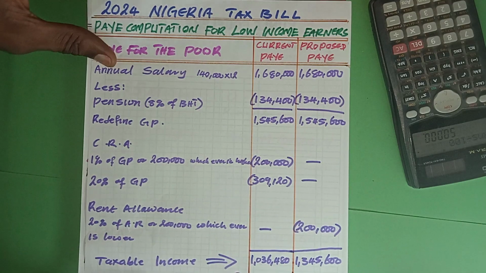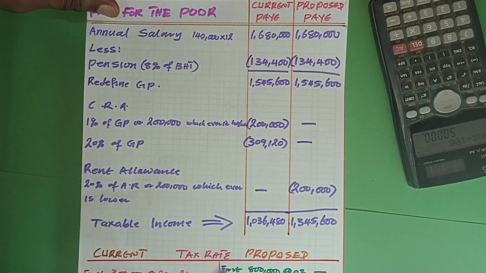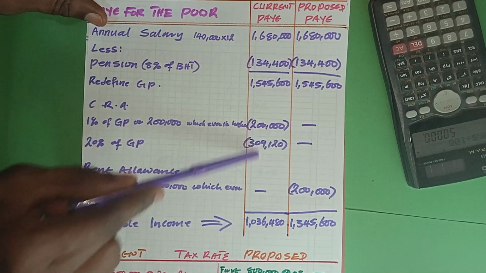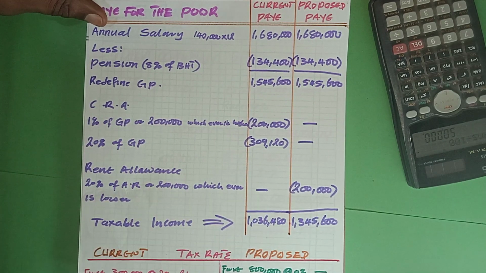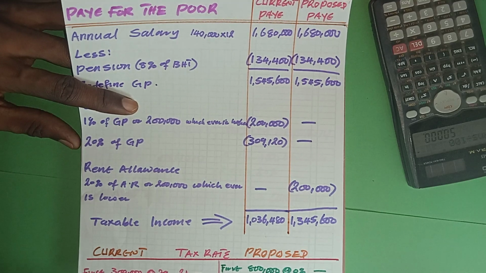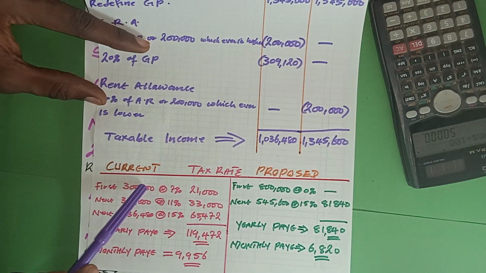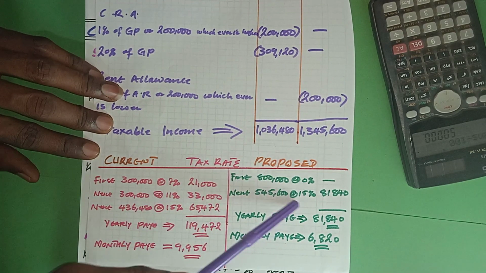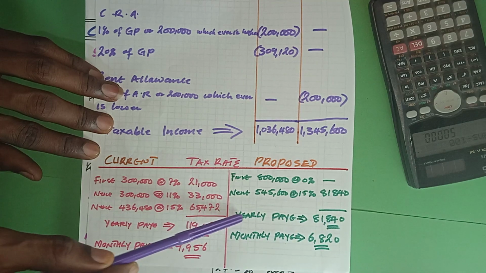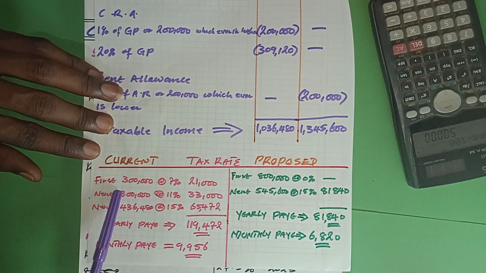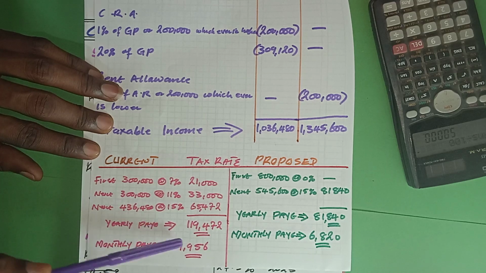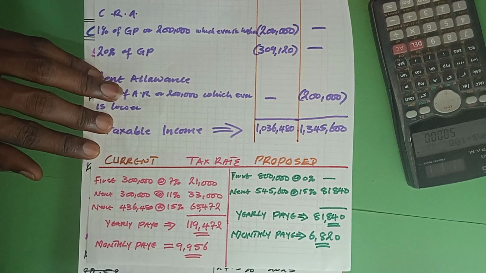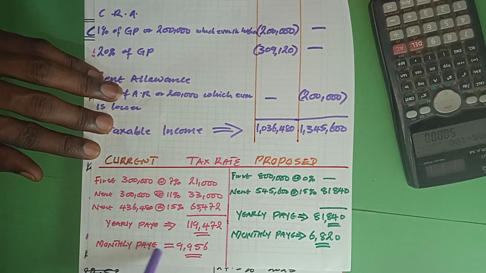Good. Then after everything, we'll have this as the taxable income. This minus this will give you this as the taxable income. Right now, let us apply the rates, the current rates and the proposed rates. Let's start with the current. The yearly PAYE for the current is 119,472. That is what we are operating now. And the monthly is